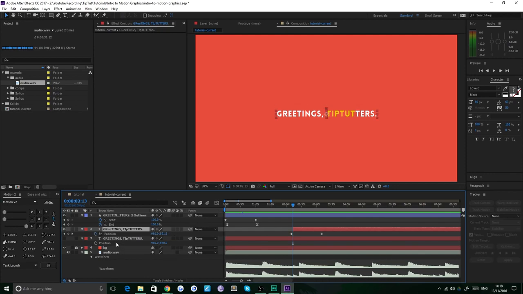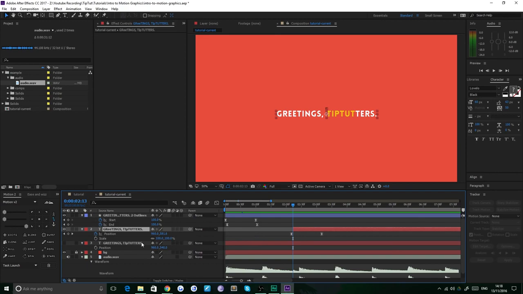So if I hit P, it brings back the position keyframe. Yeah, it's still there. If I hit S, it disappears. Now, if I hit P and Shift S, it adds both. So you can control both in the same sort of time. Okay, so when the next beat comes in,